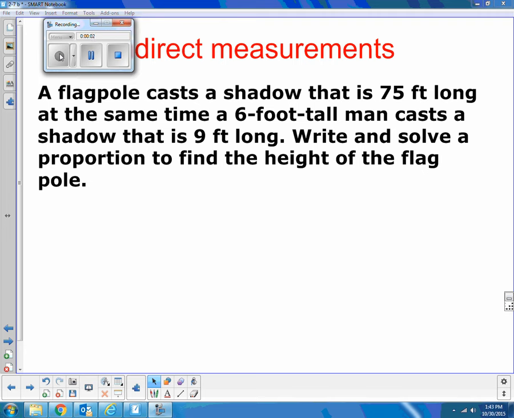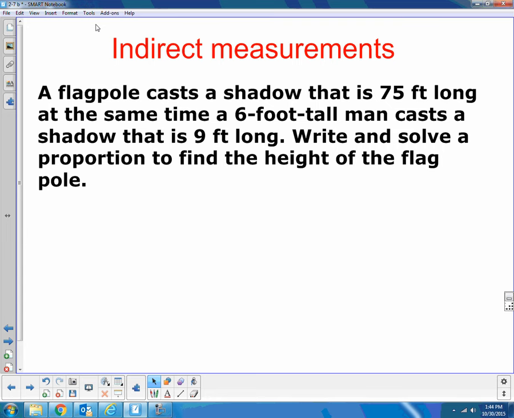In this section, we're using proportions some more. We just did some work with pictures. So we had a trapezoid or a triangle set up, and we could find some missing measurements from that. We're going to be looking at using proportions, and that same idea of a similar figure, to do